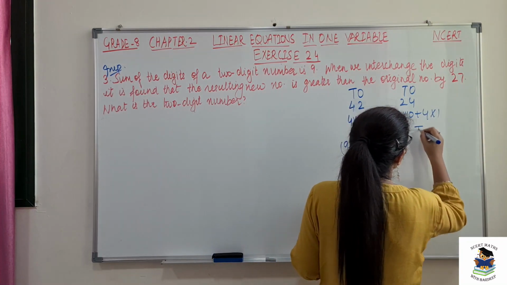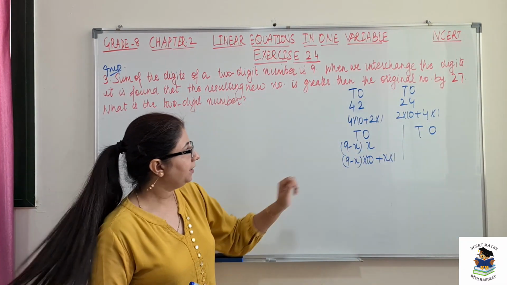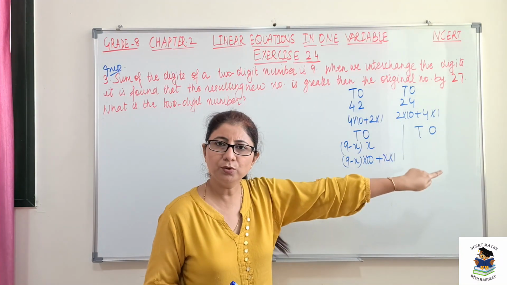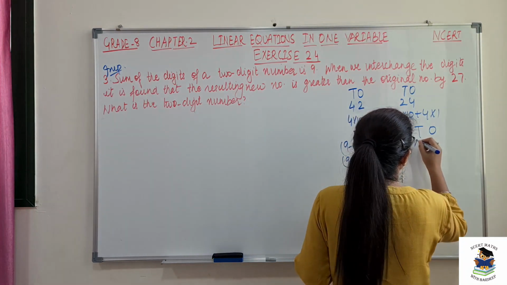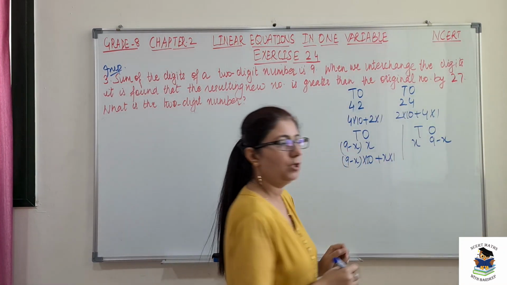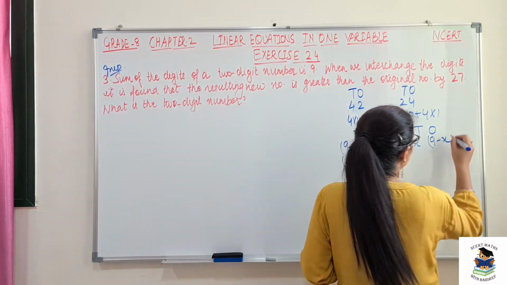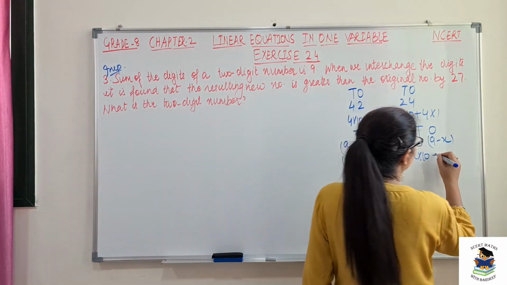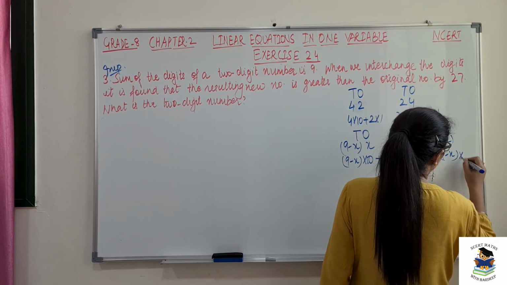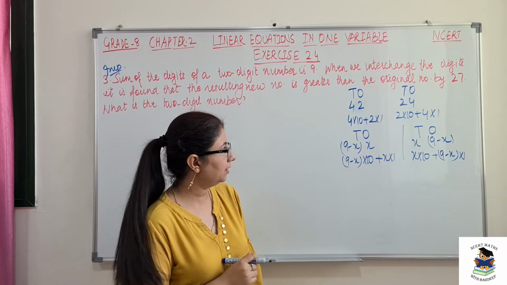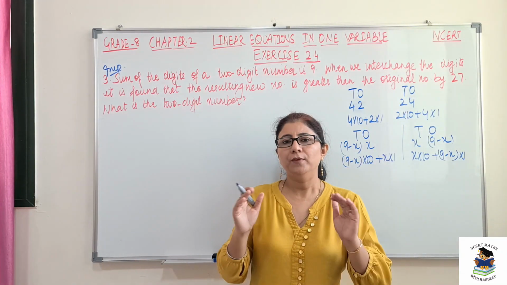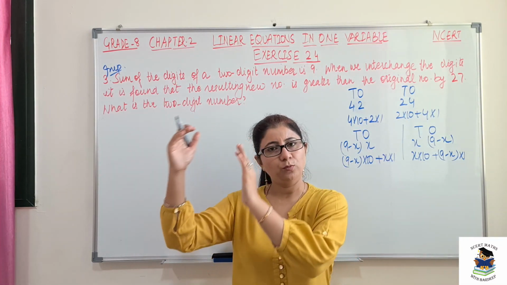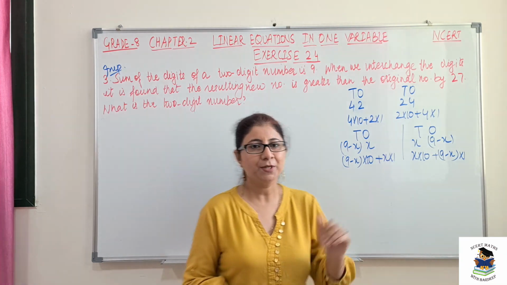So again, if I interchange this, what will I get? Interchanging means now x will become the tens position and 9 minus x will go to the ones position. So it should be x here and 9 minus x on this side. Again, when we expand this, x should be multiplied with 10 and 9 minus x should be multiplied with 1. I hope till here this is clear. Whatever digits we have assumed, whenever we write in expanded form, the tens position should be multiplied with 10 and the ones position with 1. So now let's come here.